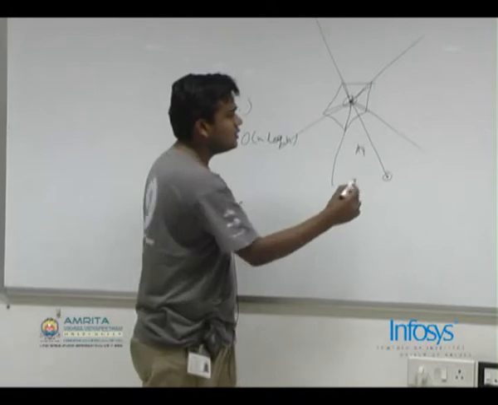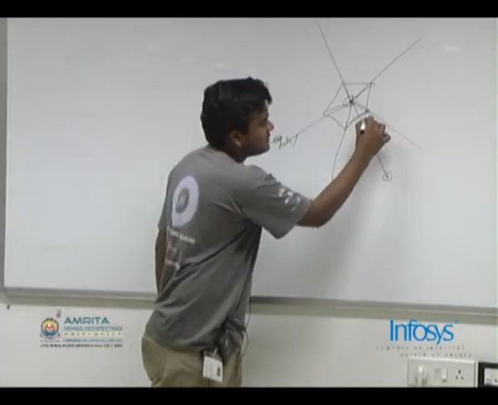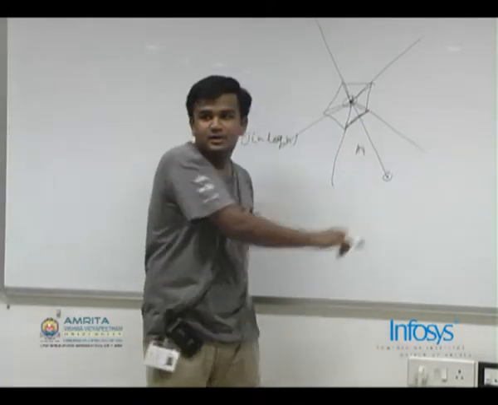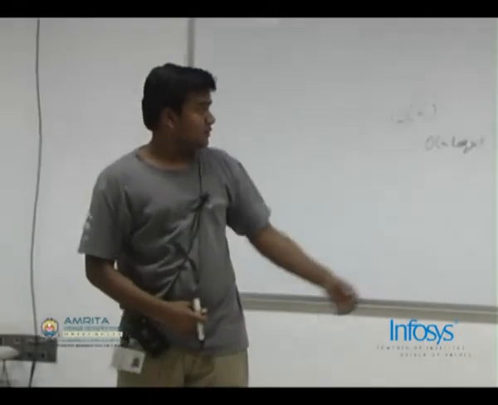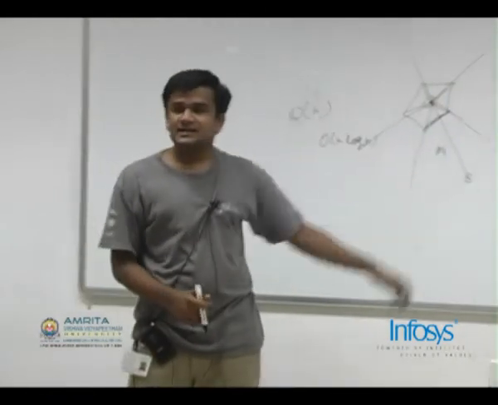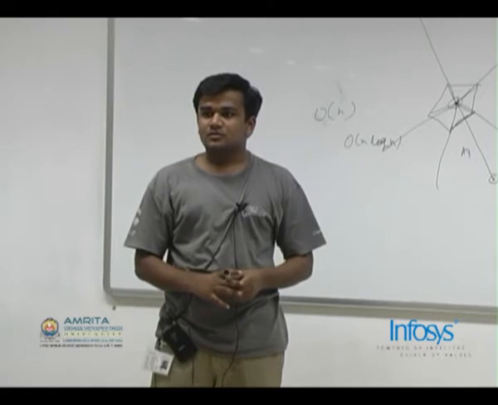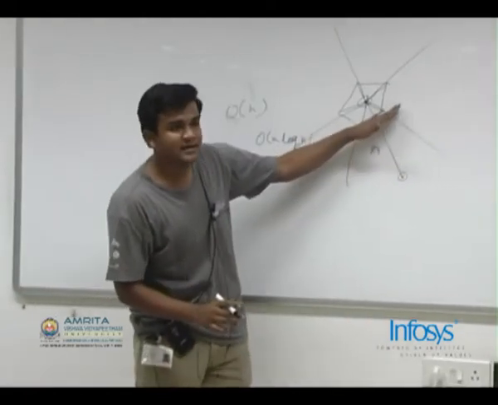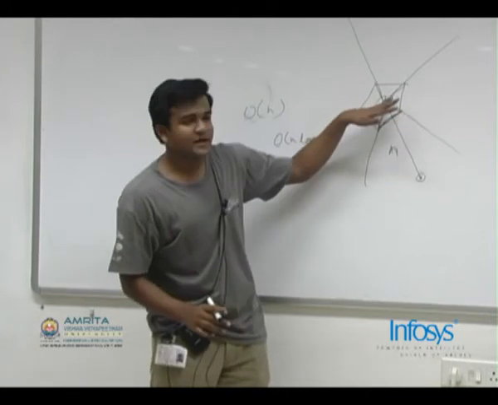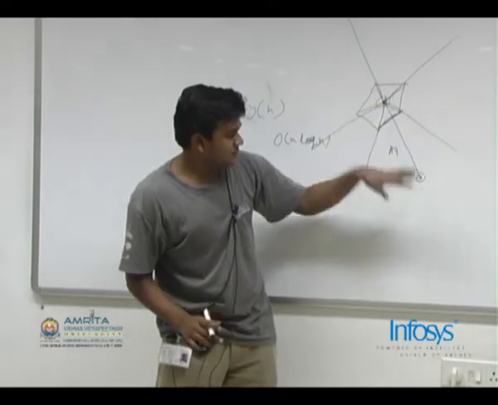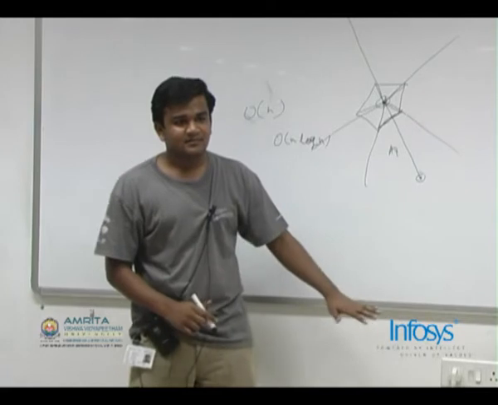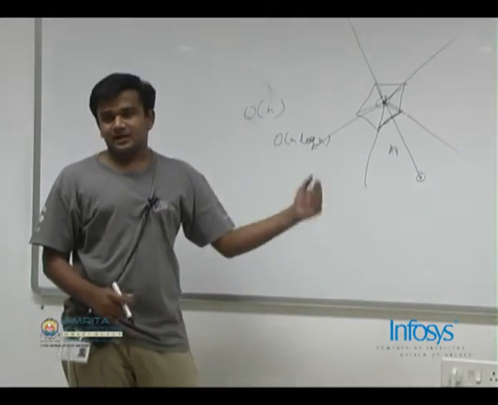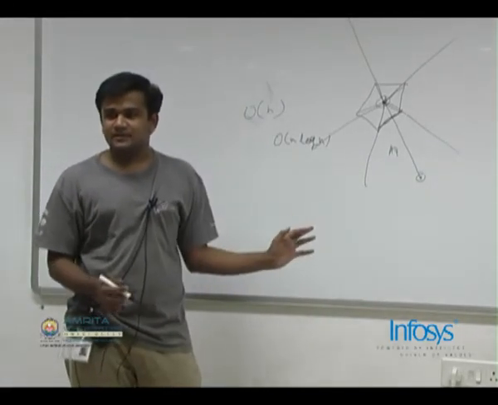Now suppose I found that this point is within these two lines. Do you know of a way through which I can determine if this point lies inside the polygon or not? Cross product. So I have this segment, I have this point which I know is definitely inside the polygon. If this point lies on the other side, it's outside the polygon, otherwise it's inside. Fairly simple, right?